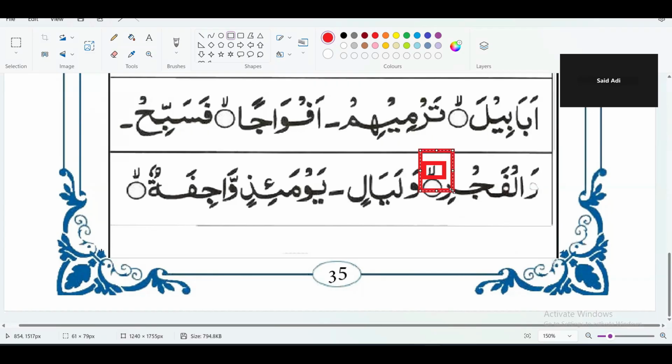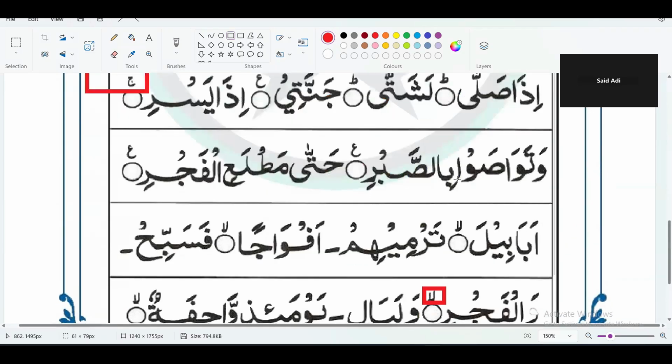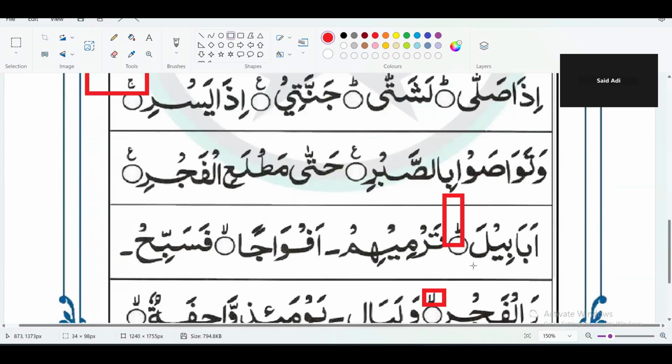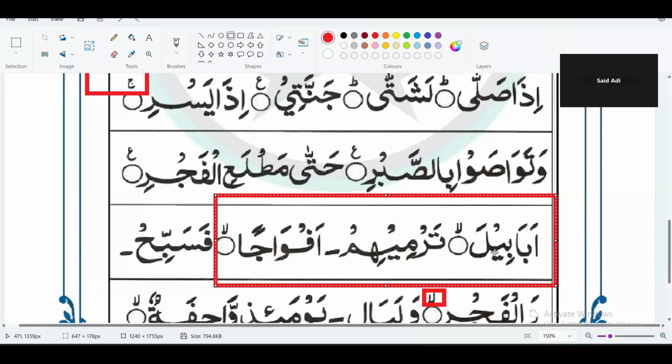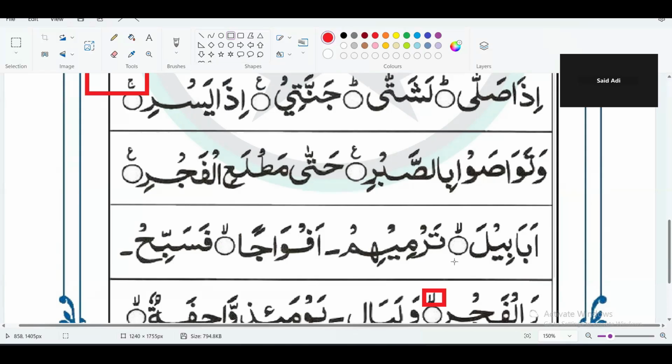So for example, here we have a lam alif on the top of the ayat sign. So I have a choice to stop here, like ababil, or I can read continuously. Okay, like ababila tarmihim afwaja. Got it? Also, whenever you are connecting two verses together, then we don't break